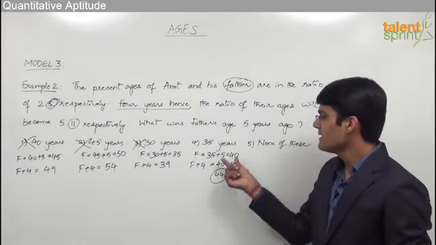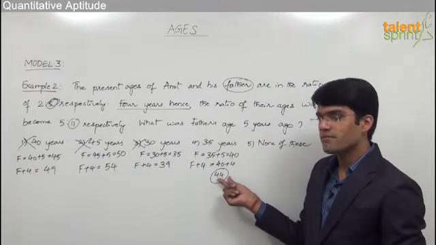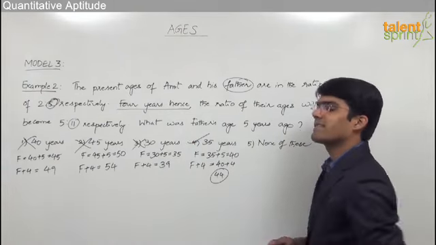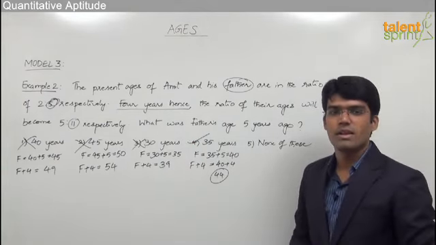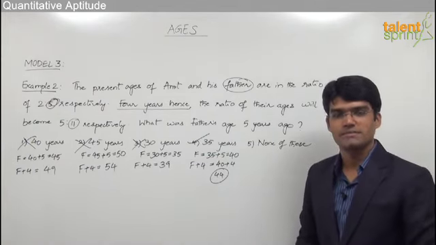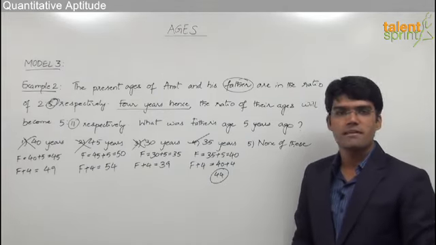The first condition, that is present age should be a multiple of 5. And second condition, that is 4 years hence, the age should be a multiple of 11. So this can be taken as the correct answer. So friends, this is how you can work in a smart way and eliminate the wrong answers to find out the correct one. So avoid wasting your time by writing down all the steps and simply verify from the given options.